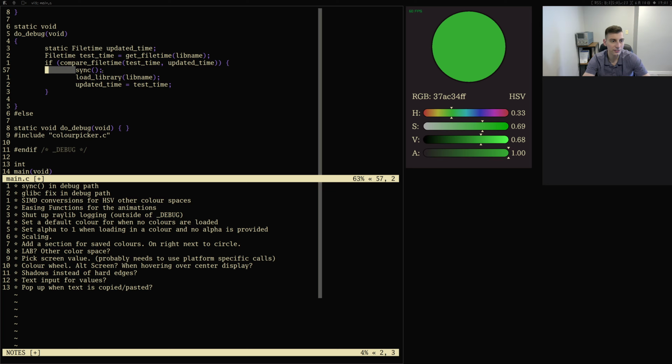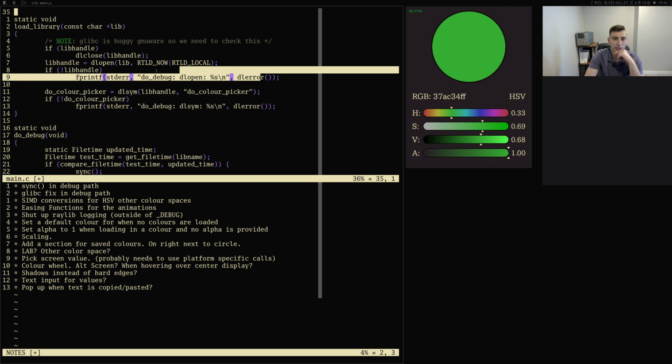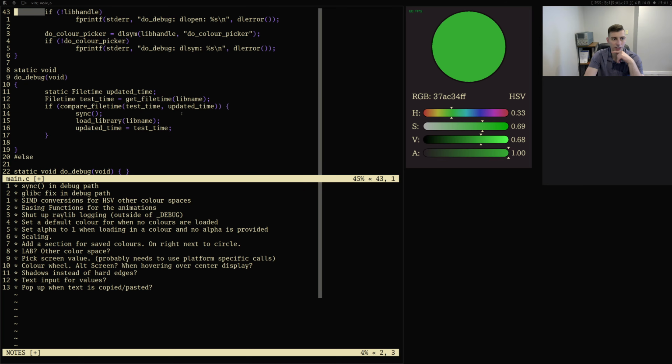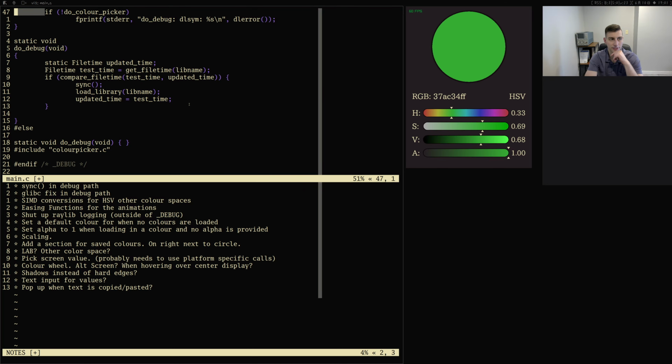So if your program is really fast or your disk is really slow, which I suspect was the issue on my laptop, there's a race condition where you can try to load the library before it's even ready to be loaded, and then dlopen will just complain that the file's not big enough. And that's very weird. So anyways, you can fix that probably by just putting a sync here,